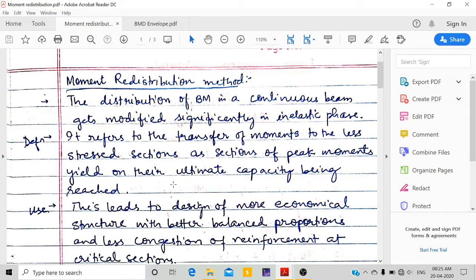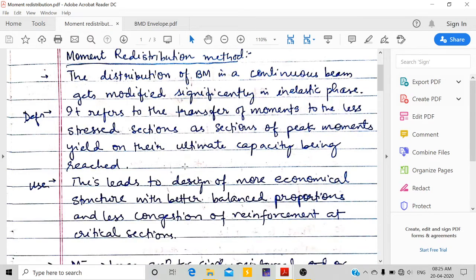So we are going up to the ultimate capacity. We're using not only the elastic phase but also the inelastic phase, so the whole capacity of the beam is used in this method. This method is actually more common in steel, but it is now also used in RCC. In steel, because steel is very ductile, we can use its ultimate capacity, because before failure it takes more time, so we can use the whole capacity. This concept is applied only in this.